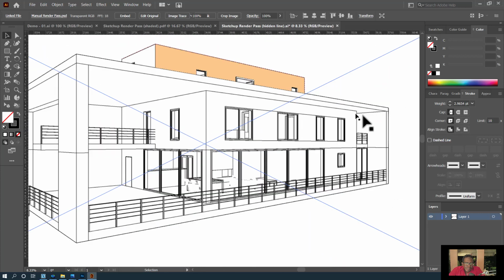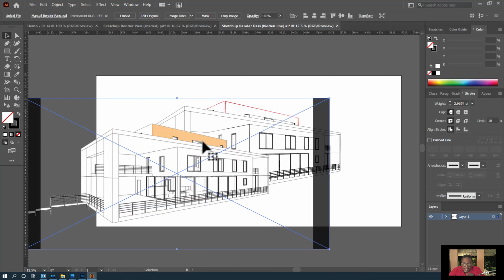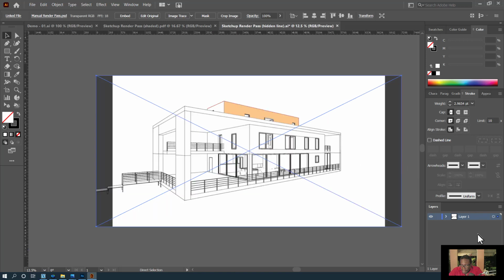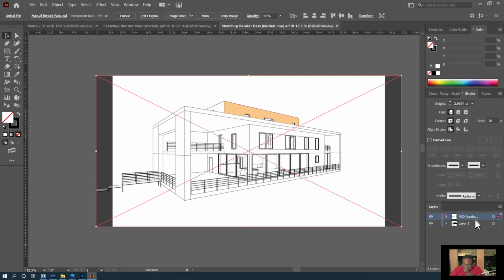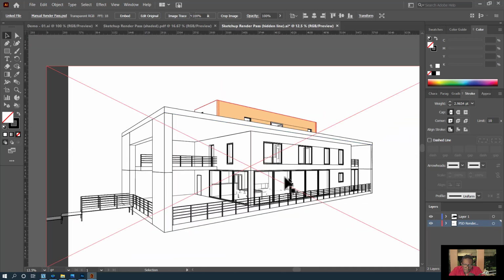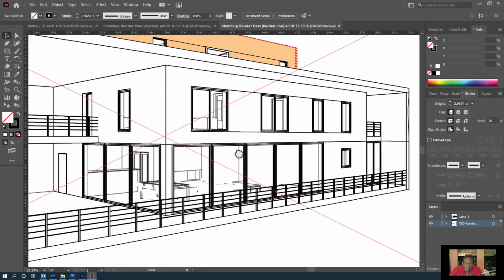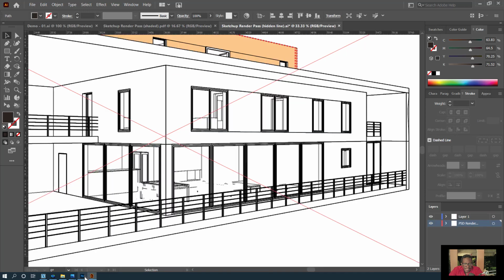All right. And I'm also going to put that on a layer. So I'm going to create a new layer and I'm going to call it PSD Render Pass. And I'm going to move it to that layer. So that way I can put it behind. So what we have here is kind of the best of both worlds. So for example, we can